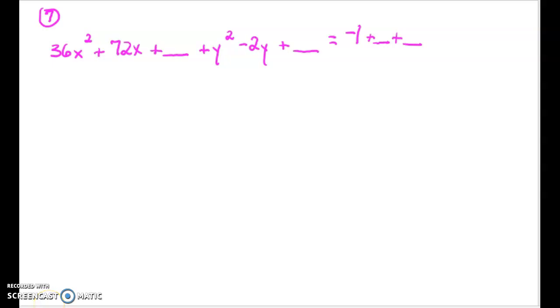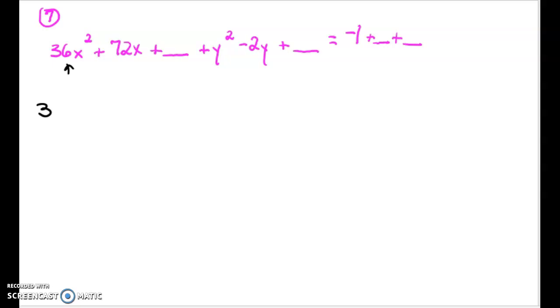This is number 7 from the pre-AP review. I've already lined up the x's squared plus the x's plus a blank, then the y squared, the y's plus a blank, and I've moved the constant to the right side with the 2 blanks, just to save a little bit of time. So before I can complete the square, this has to be a 1x squared, so I'm going